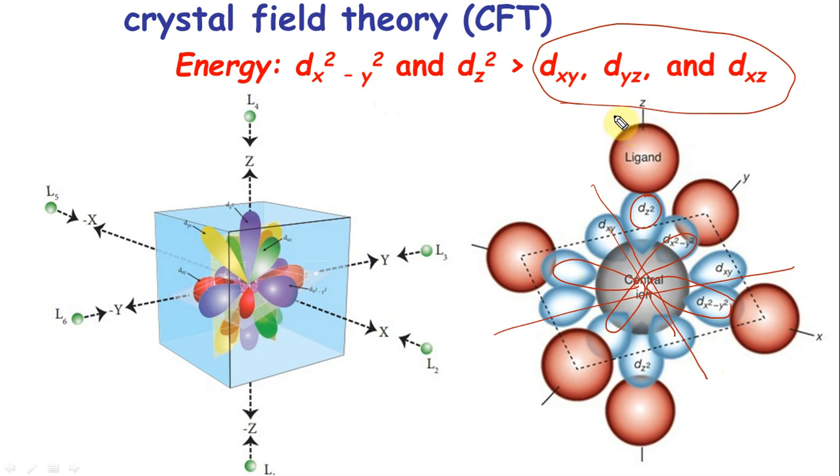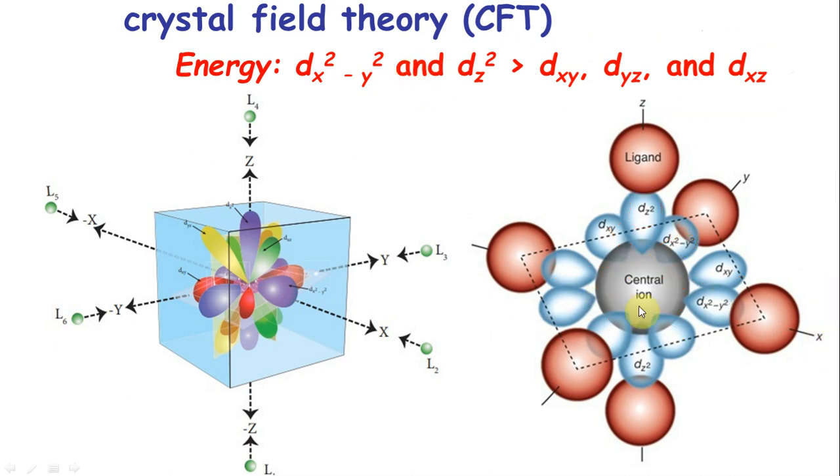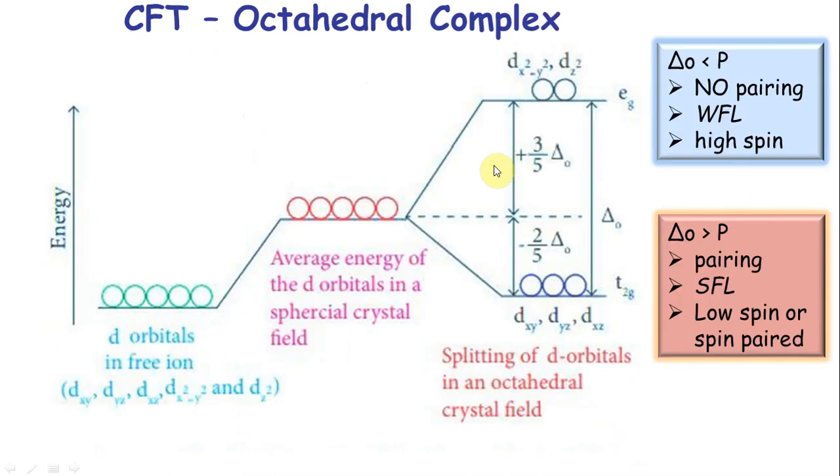Because they are affected less, their energy is not as high as this. This energy goes up. Energy going up means not stable in chemistry. This is not going to be asked for you to draw or anything, but it just gives you an idea why these are going to be higher in energy. They are facing the axis along which the ligand is coming. Right. So now, how does it matter?